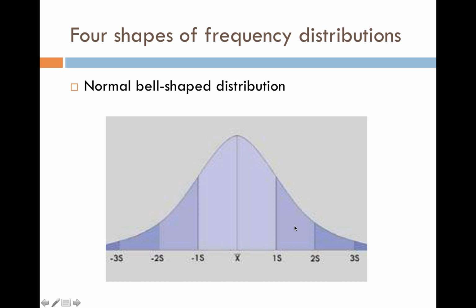And if you go out 2 standard deviations on this side, so you went out 1 and 2, and then 2 standard deviations on this side, 1 and 2, this is the mean, so you would add whatever that standard deviation ended up being, you would add the score here, and then you would add it again here, and you would add what's here and add this, you would have 98% or 99% of the cases. More on that later, but this is just what a normal bell-shaped distribution looks like when you're in class and